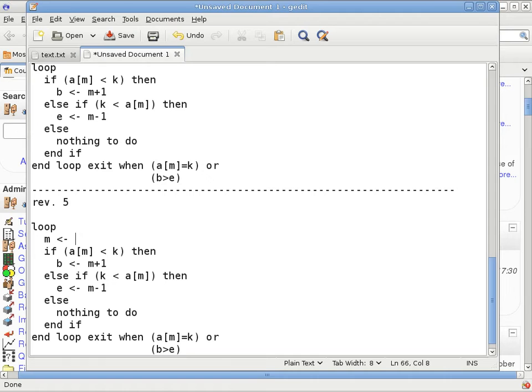How do you compute the average of two numbers? You add up the two numbers, you divide it by 2. Exactly. So now we have b plus e divided by 2. But we already know that's going to have a problem, don't we? Because even with the example that we have on the whiteboard with 8 elements,